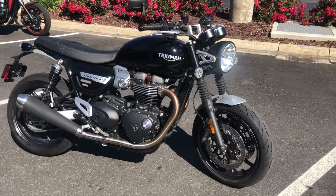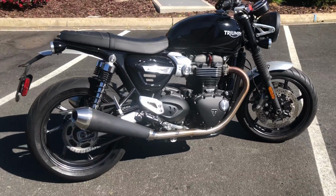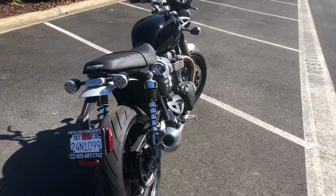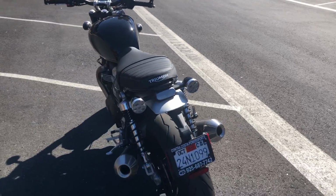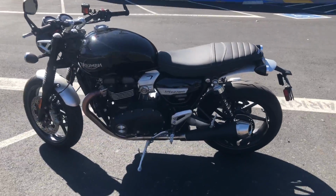I love those fork gators up on the front. Bar end mirrors. It's got the megaphone exhaust. This thing is very torquey. Come on by, make your retro torque monster dreams come true